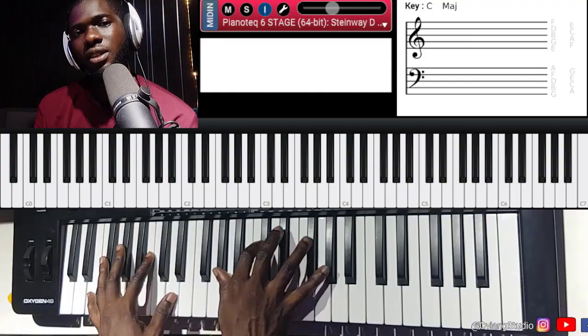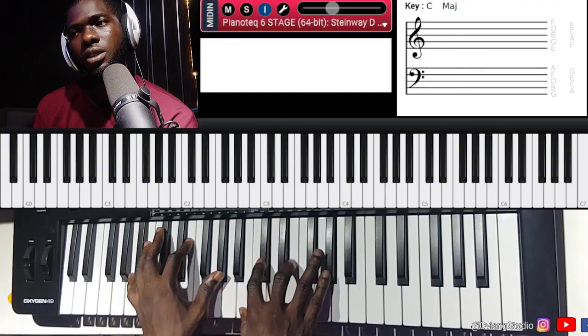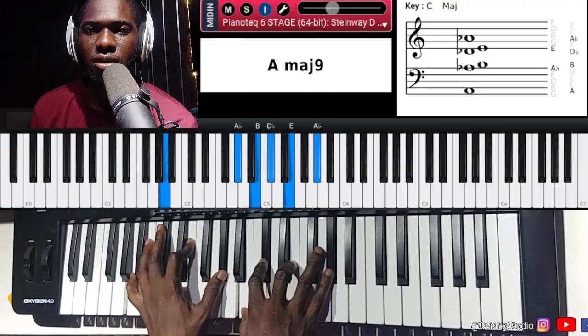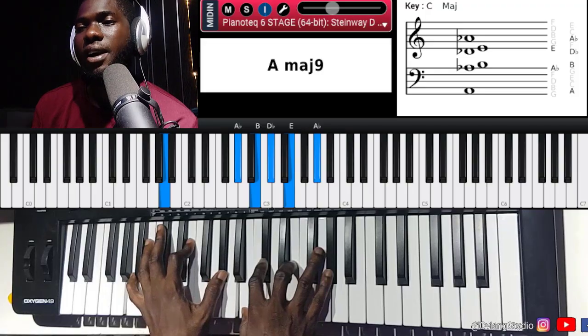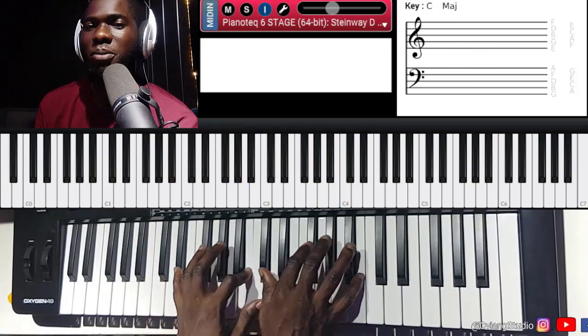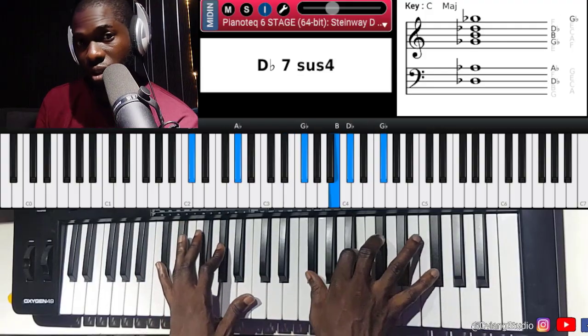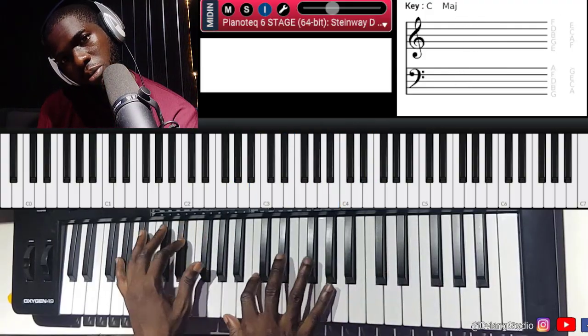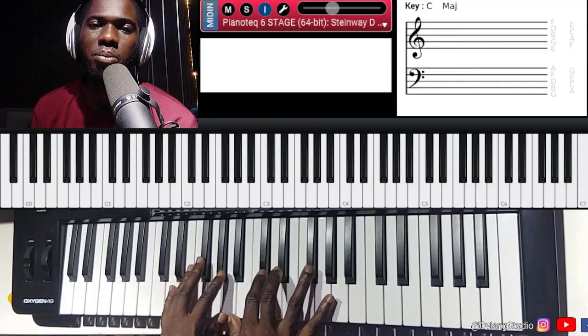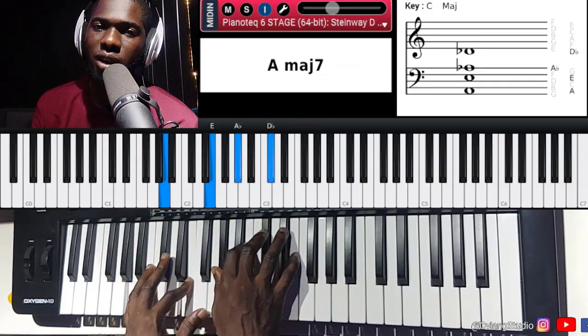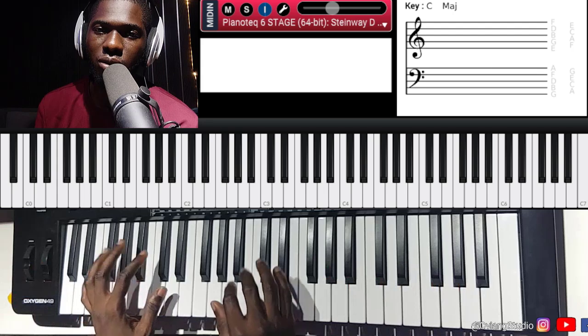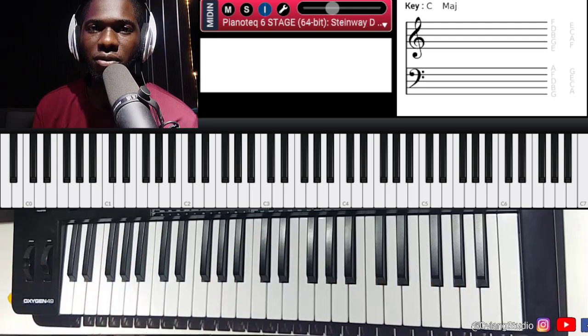So today we'll be looking at the two dominant. We'll be looking at what the two dominant is and various ways we can use the two dominant to spice up our play. I know that some of you already know what the two dominant is and you all have different ways